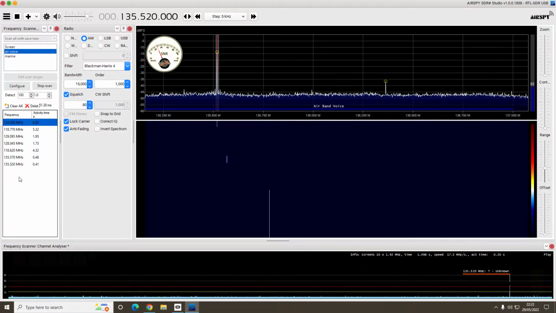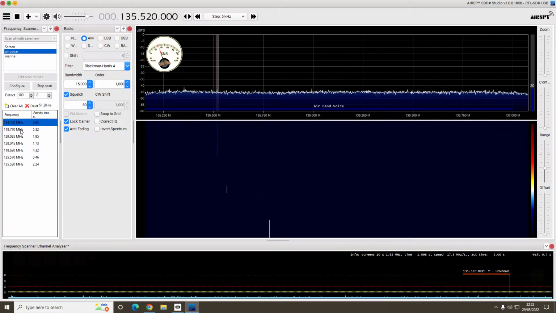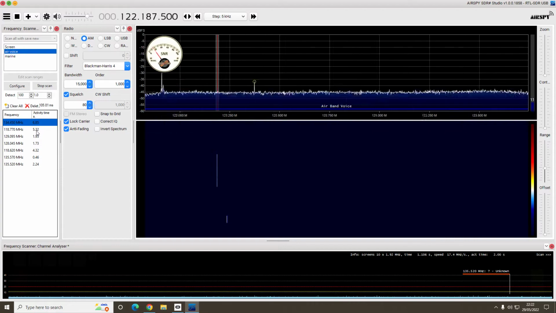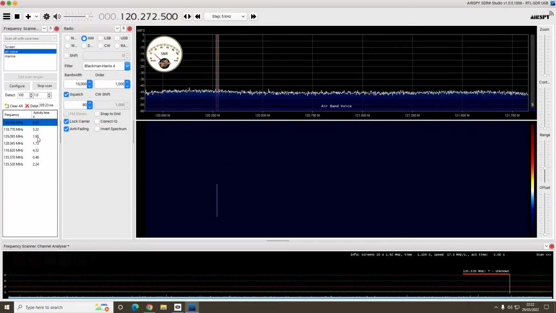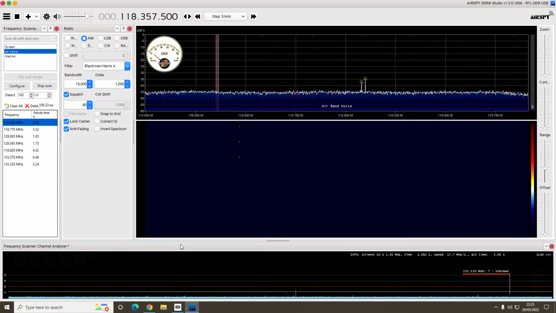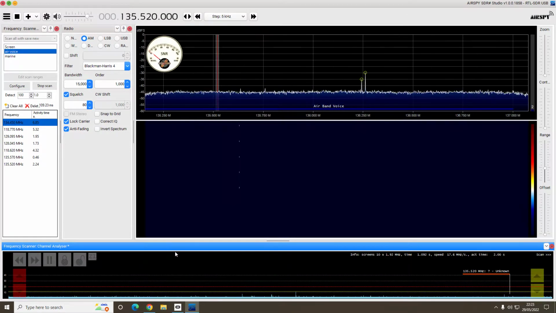Every frequency it hits will appear here on the left, and the activity time, i.e. how long it's been transmitting on each one of those. So what you can do is, if you're looking for something specific,